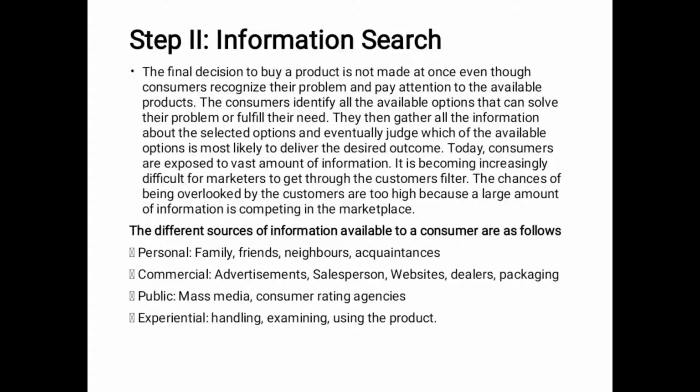So we have a second step, information search. Before buying anything today, people will search for information. Usually only for purchasing vegetables and all, they don't search for information, just to see whether the quality is good or not, fresh or not. For the rest of the things, whichever they buy, they will go for information. And usually for durable goods, goods which last a long time, or some goods used for a lifetime, for such goods they go for more information search.